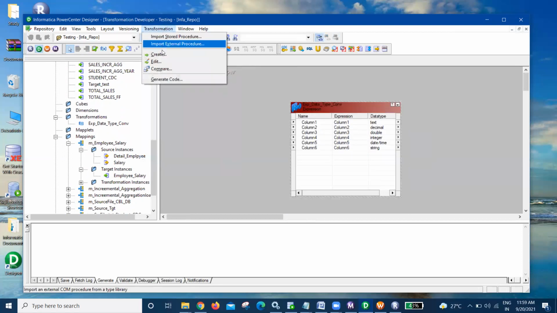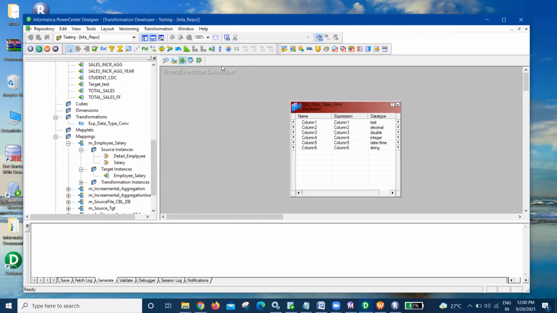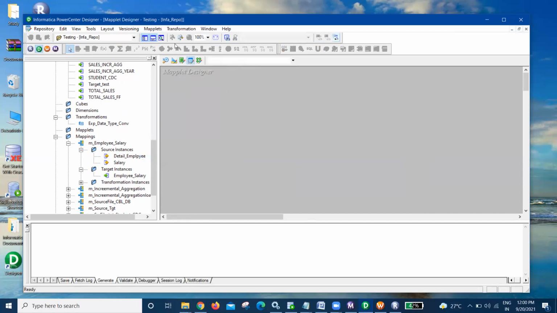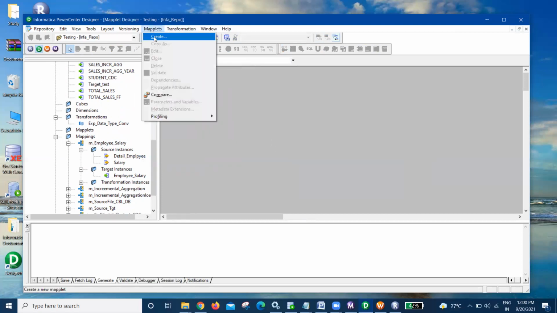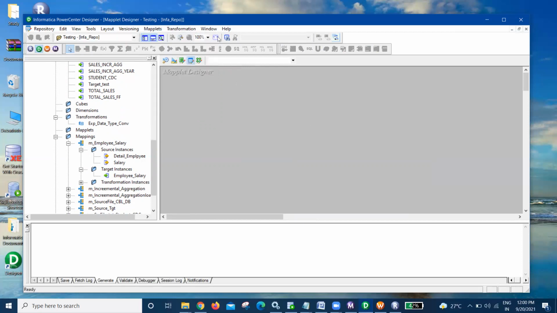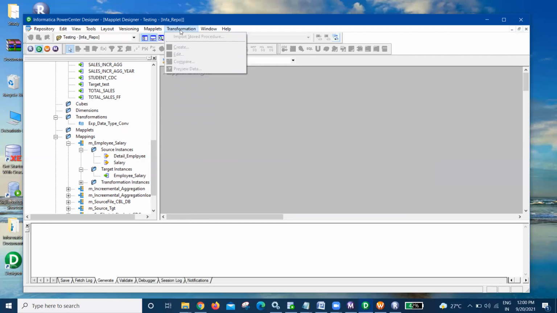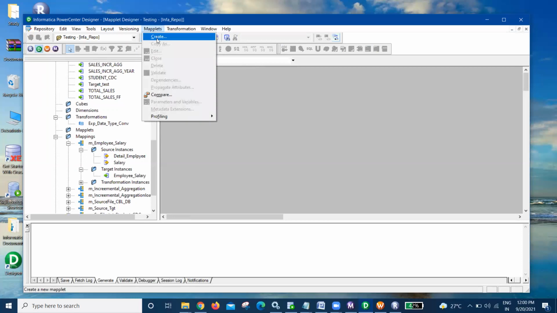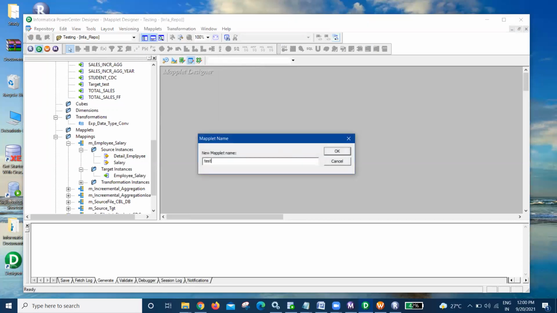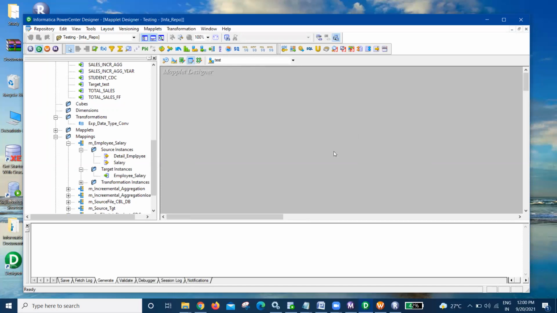In transformation, you can directly click the create option, and you can edit transformations like mapplet. Now in mapplet, you create any mapplet, then you use multiple transformations within it. Once the mapplet is not created, you cannot create any transformations. Once the mapplet is created, when you open it, let me show you also. I'm just giving a test name. You'll see here now, test is available, right?